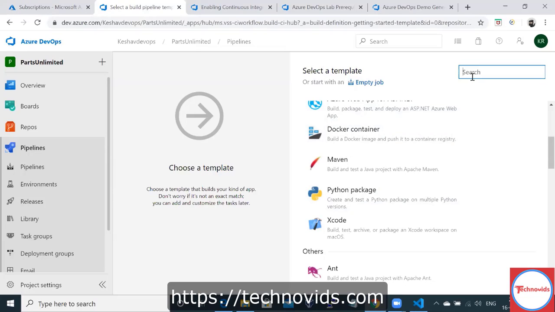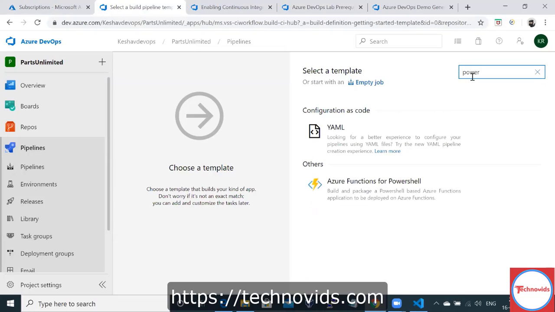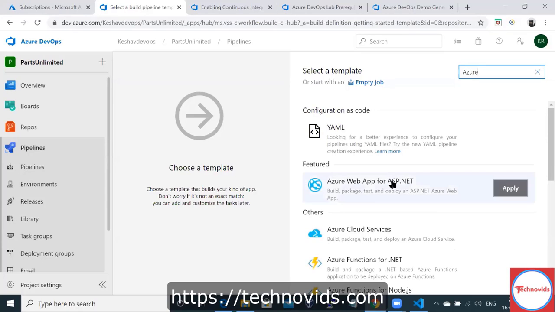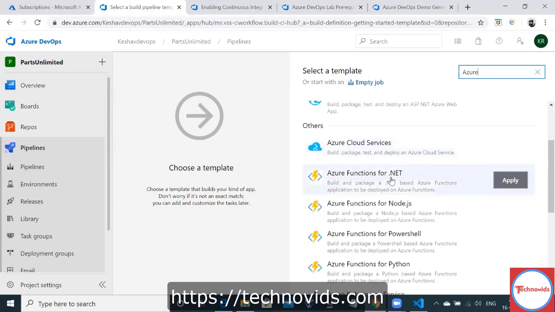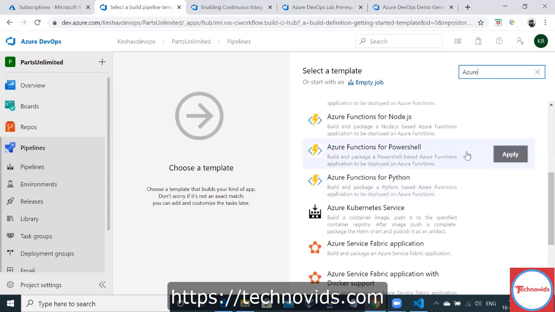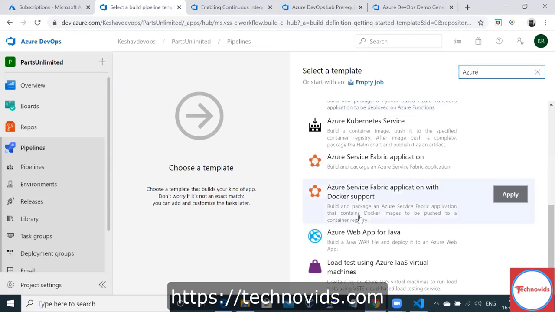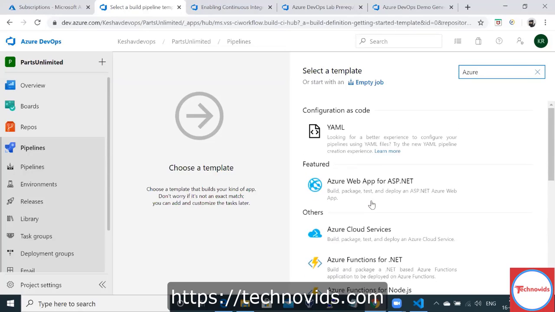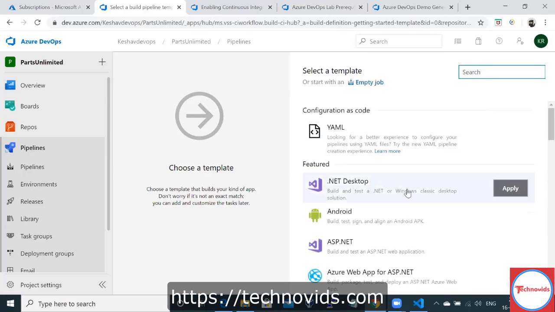If I want to use Azure Resource Manager, if I type Azure, then there are Azure Cloud Services, Azure Functions for .NET, Azure Functions for PowerShell, Azure Functions for Python, Azure Web App. So these are all the multiple templates that I can choose to create a pipeline. Okay. So these are the templates for entire pipeline, remember.